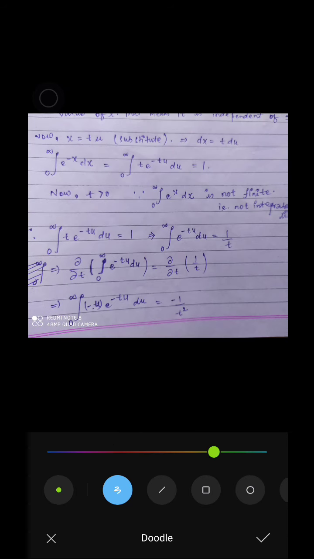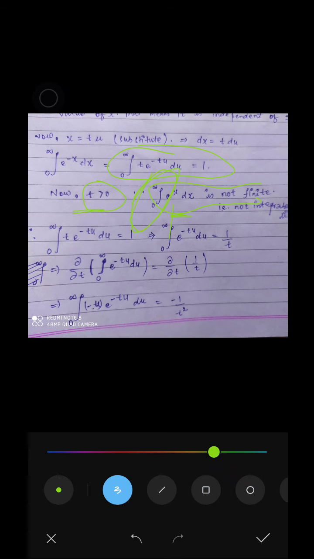Now I am going to tell you a new fact over here about t, which has nothing to do with the original equation which we have to prove. t is going to be greater than 0, we can conclude this from this equation, and the fact that integral of e raised to the power x dx from 0 to infinity is not a finite value. You can feel it as e raised to the power x is an increasing function, and as x gets very large, the value of e raised to the power x also gets very large.